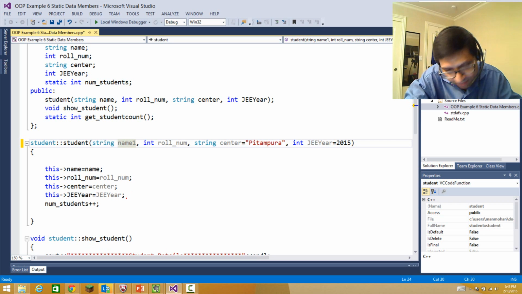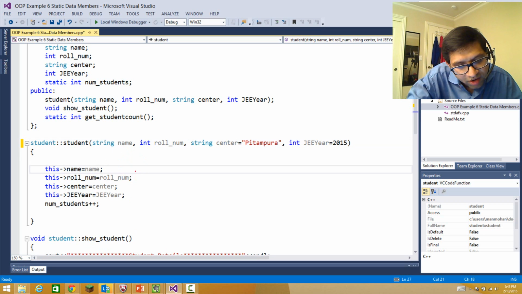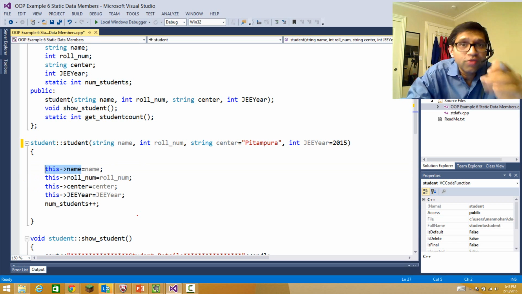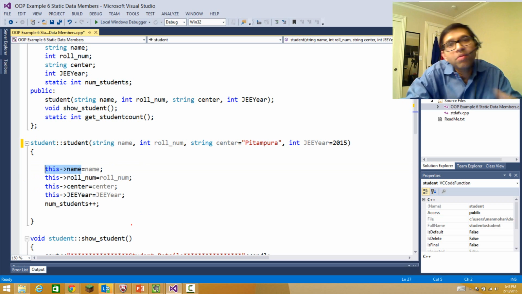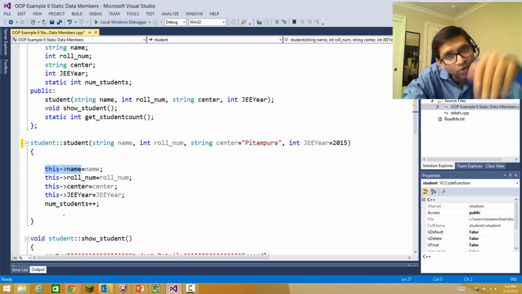But ये भी name है, इसको भी हमने name रखा हुआ है, और इसको भी नेम कर दिया, दोनों नेम है। सो वी हैव टू सी ये जो नेम है लेफ्ट जिसको पॉपुलेट कर रहे हैं वो नेम, वो पॉइंट जो ऑब्जेक्ट है उसका डेटा फील्ड है, वो उसका डेटा मेंबर है। तो दिस पॉइंटर यूज करते हैं, दिस मीन्स ऑब्जेक्ट का पार्ट है। सो दिस नेम इक्वल टू नेम, दिस रोल नंबर इक्वल टू रोल नंबर, दैट वे। सो वी यूज दिस पॉइंटर विच इज अ पॉइंटर विच इज पॉइंटिंग टू इटसेल्फ, ऑब्जेक्ट खुद।